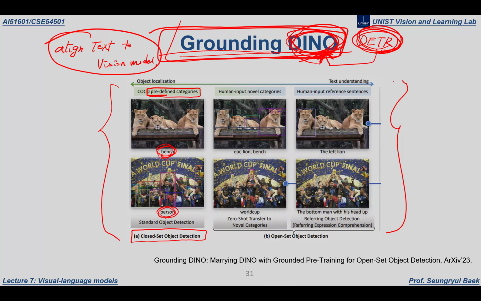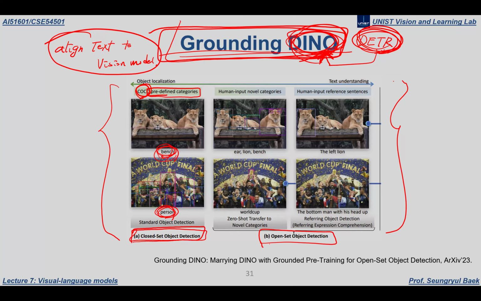For example, we are using the Microsoft COCO dataset having like 20 classes to train our object detection algorithm, and then apply this model to a new image to detect objects of the predefined classes. That's closed set object detection, but we can do open set object detection by